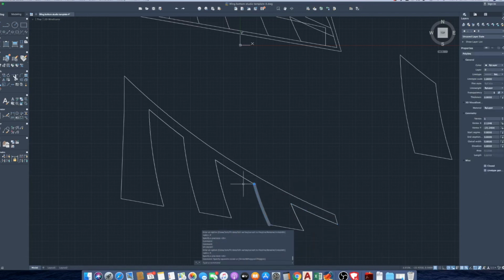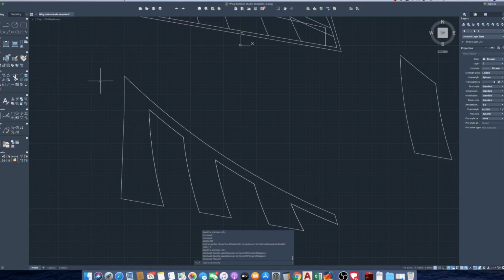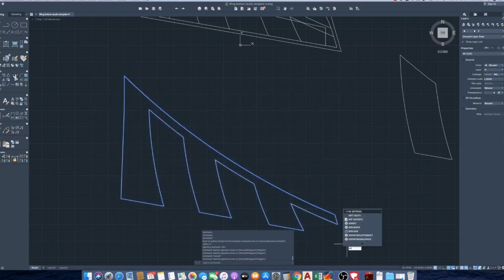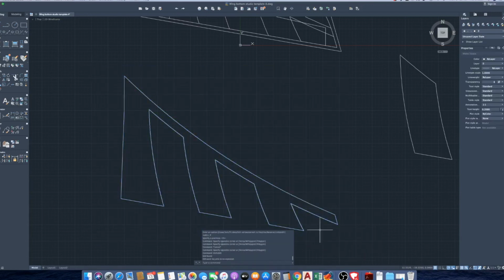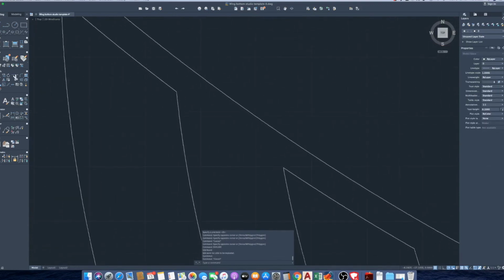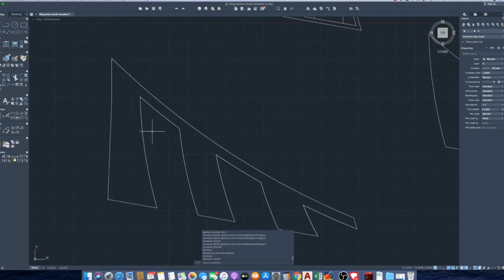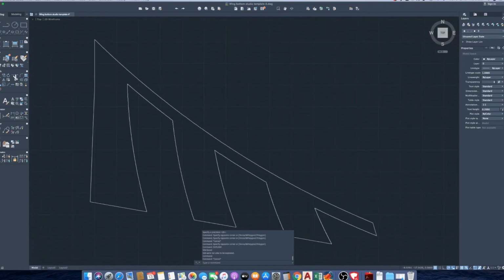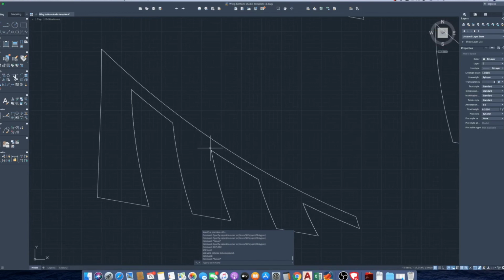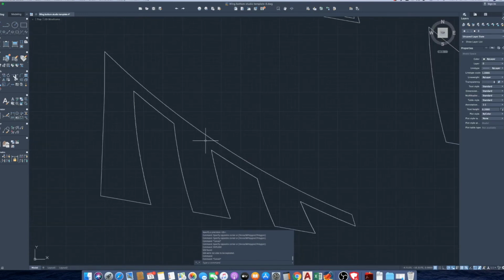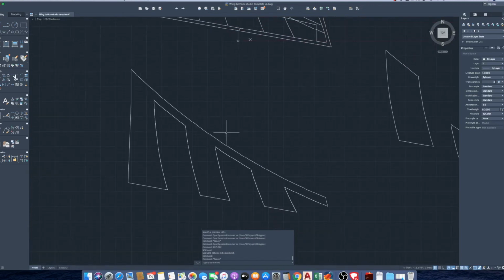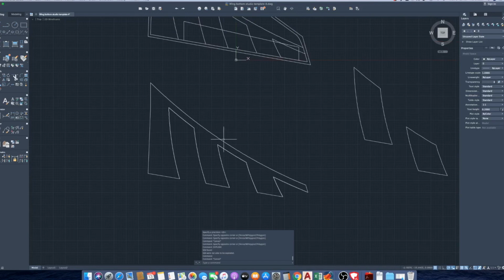So now we have a bunch of polylines. If we just take this whole thing and we explode it, boom. This now is the exact correct geometry, or I guess drawing format, for Silhouette Studio. If you don't do this, you will end up with the wrong geometry in your vinyl cutter file. So you have to do this to every single part